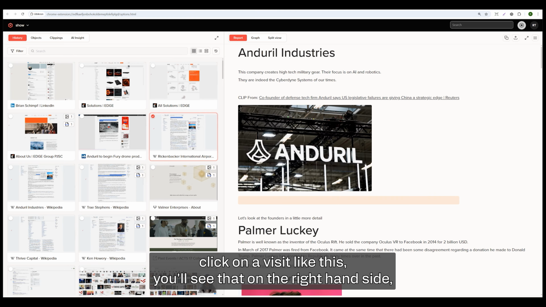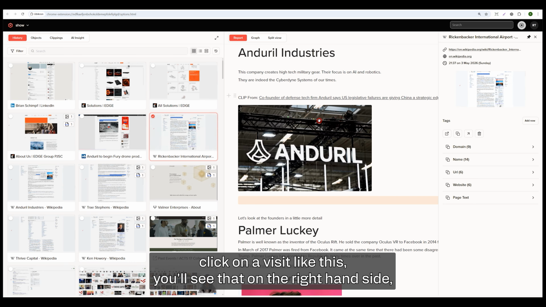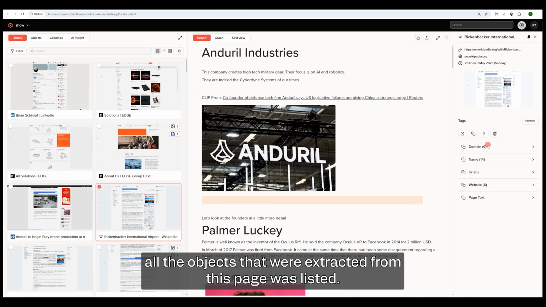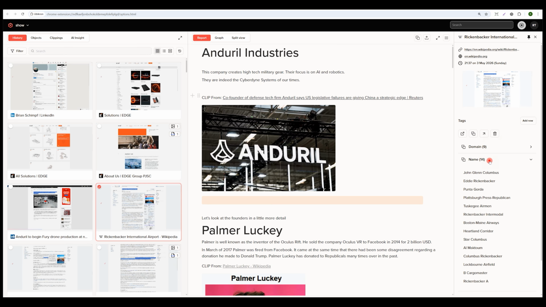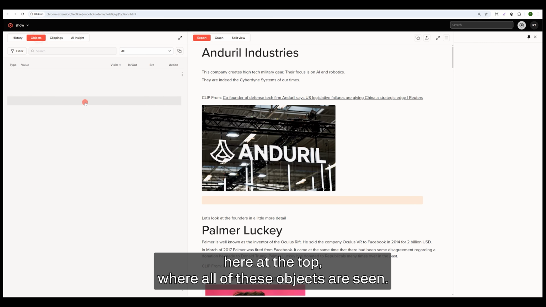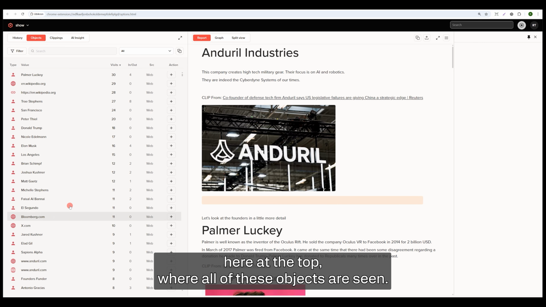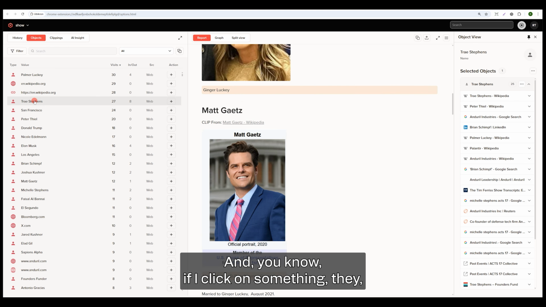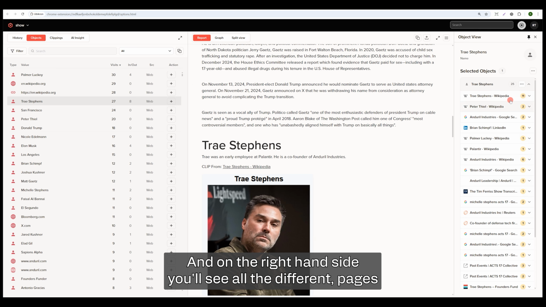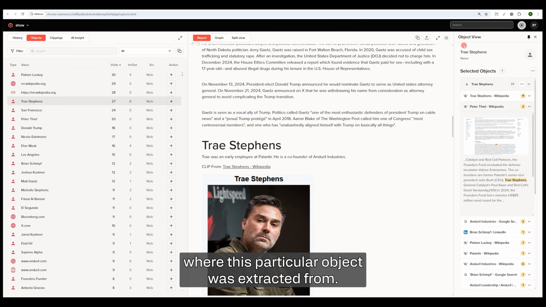So in the past, if you click on a visit like this, you'll see that on the right hand side, you'll have a little side panel where all the objects that were extracted from this page were listed. We now have a new tab on the left hand side here at the top where all of these objects are seen. And if I click on something there, it will move within the report to where it is, if the report is open. And on the right hand side, you'll see all the different pages where this particular object